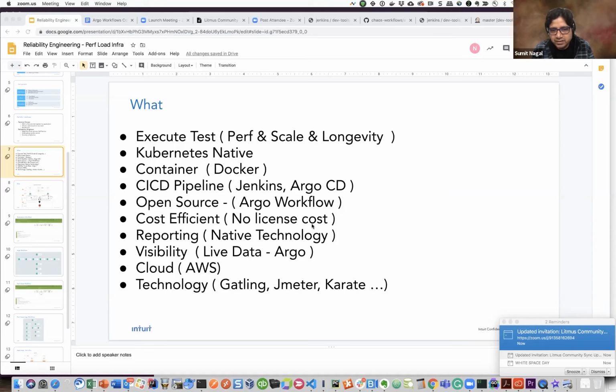And it is agnostic with the AWS, and it can support any technology like Gatling, JMeter, and Karate. The reason that is important is that most conventional tools, if you take LoadRunner or Frontline, are attached to a technology. Either someone is attached to JMeter, or someone is attached to Scala. So right now we don't have one cohesive way where a specific tool supports most of the technologies.